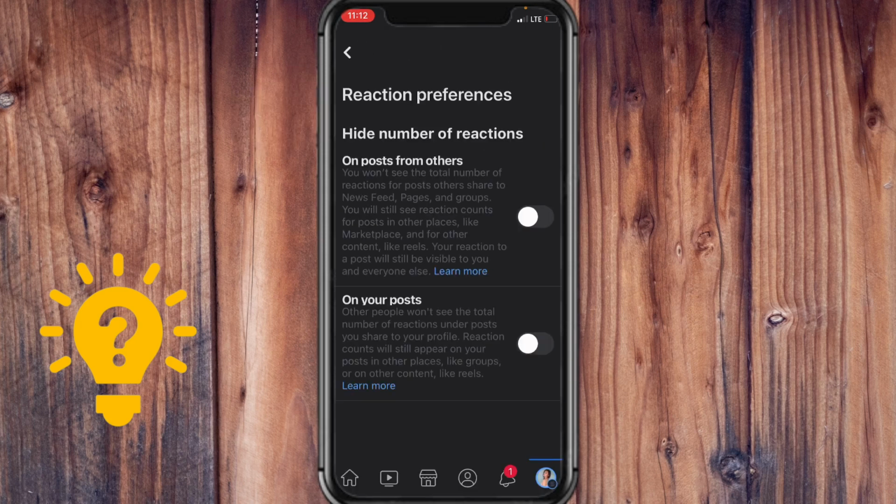And here, as you can see, it says hide number of reactions, either on posts from others or on your posts. So if you want to hide other people's likes or reactions on your posts, then just tap on this one, switch it on. It says here, other people won't see the total number of reactions on their posts you share to your profile. Reaction counts will still appear on your posts in other places like groups or in other